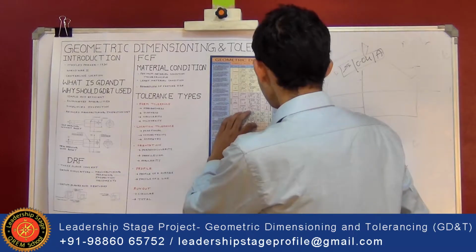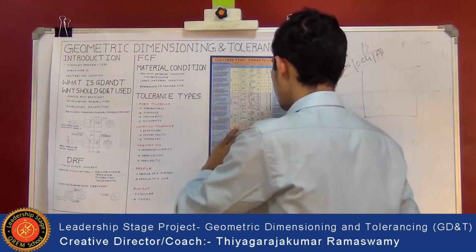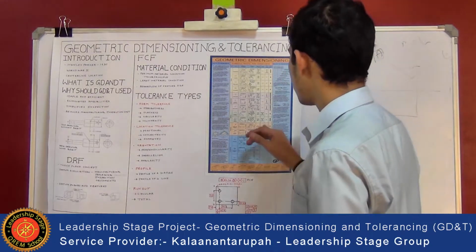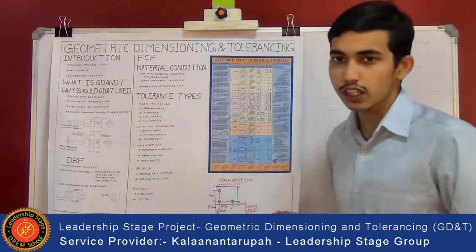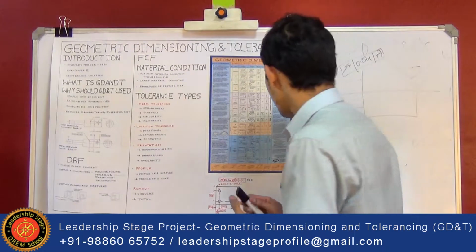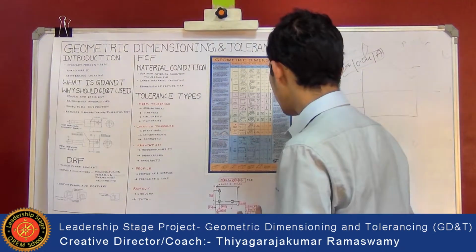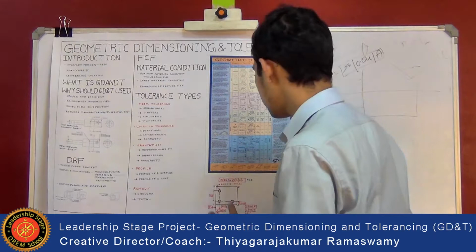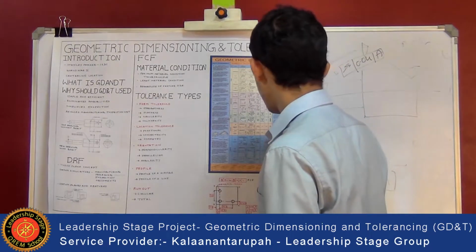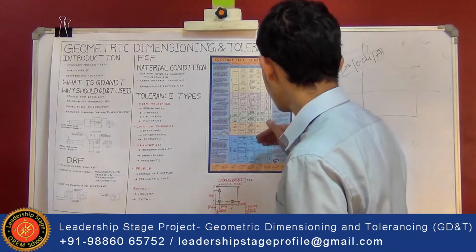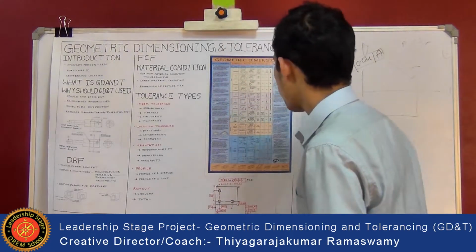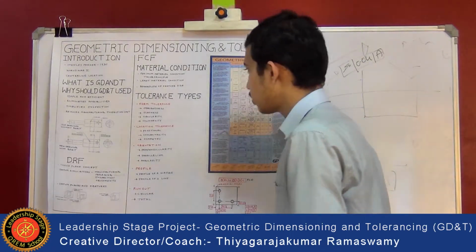That means that material condition is not used for runout tolerances, and gauges are not used for this. And if gauges are used, then inspections are done along the 360 degree rotation. Circular runout comes under the tolerance zone of B, that means parallel lines, a circle having parallel lines. And for total runout the tolerance zone is E, which is nothing but parallel planes. So that was about runout.